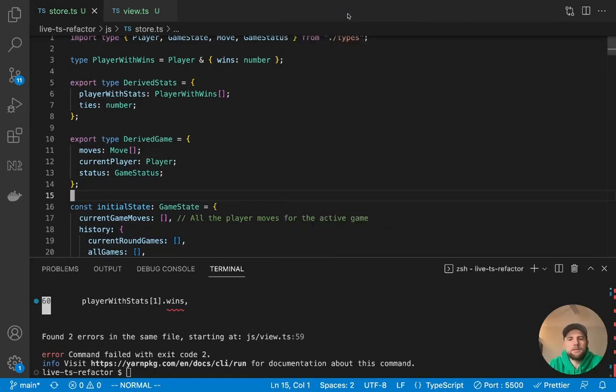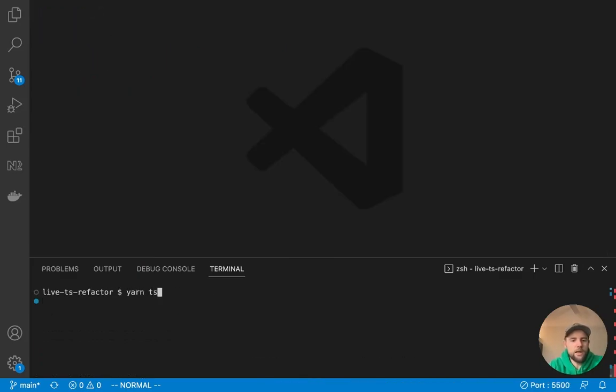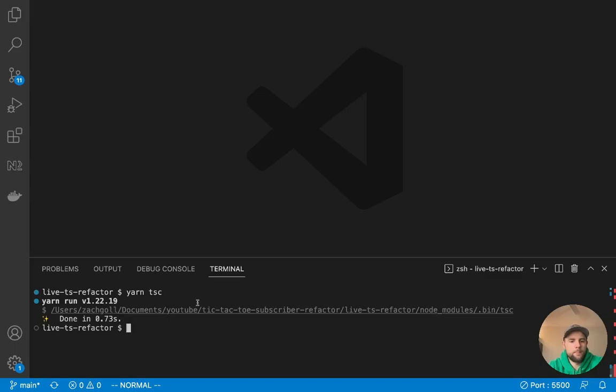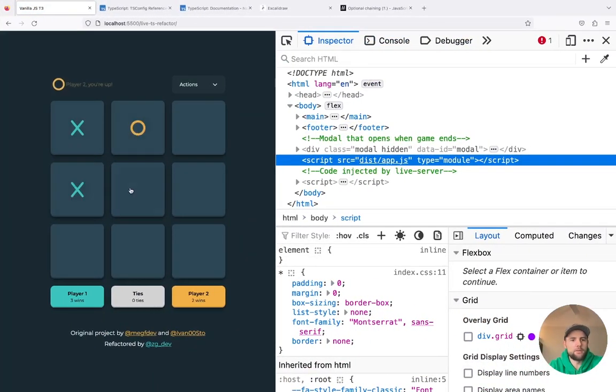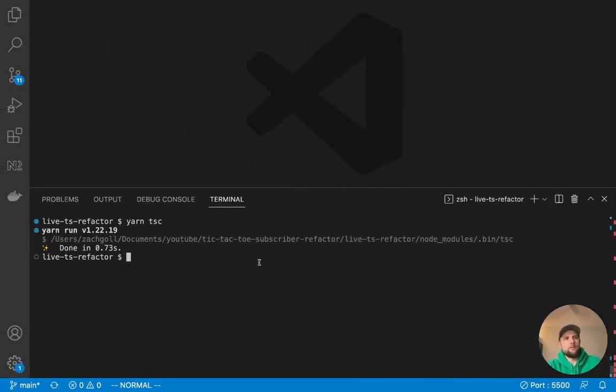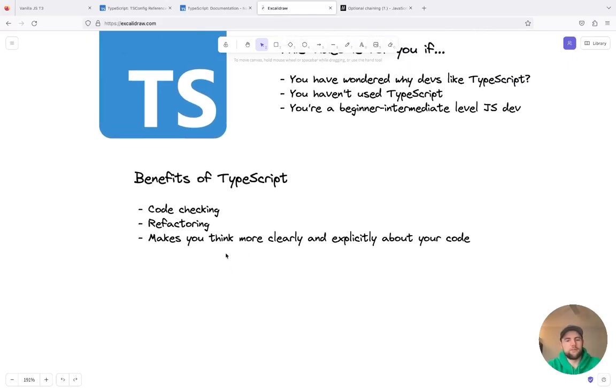So having done these additional typings, let's close things out and run tsc. And everything compiled, and if we come back, our game is working just fine. So that's kind of the benefit, kind of bringing this full circle. Got the benefits of TypeScript.